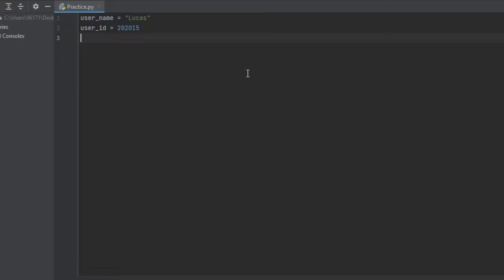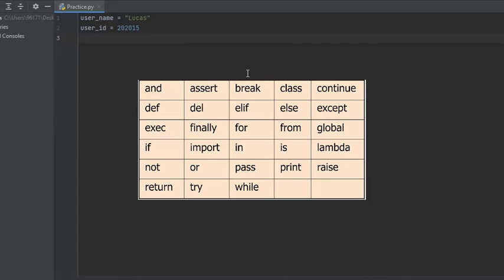We've also mentioned in the last video that the name of the variable should be unique and descriptive, and that it shouldn't be the same as some reserved word for Python, and here is a list of the